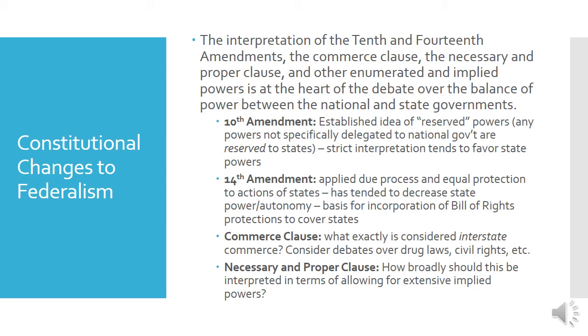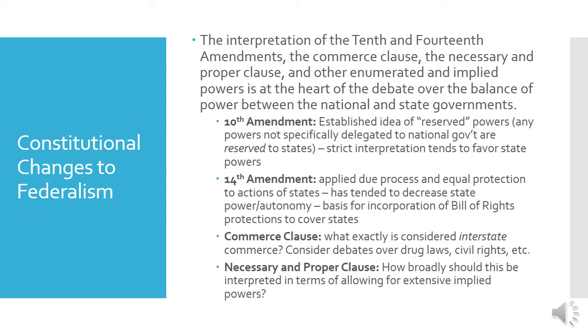So if you read that amendment really strictly and closely, it would suggest that there's a clear dividing line between where the jurisdiction and responsibility of the federal government ends and where the state government responsibility begins. So a clear line of delineation. At the time that the 10th Amendment had just been passed, that would suggest a very clear division